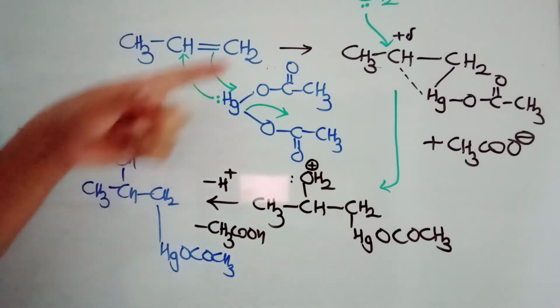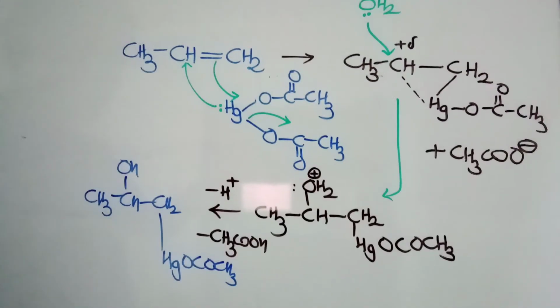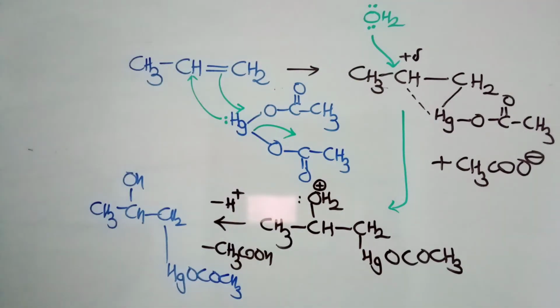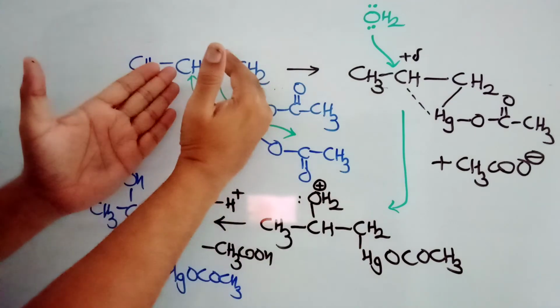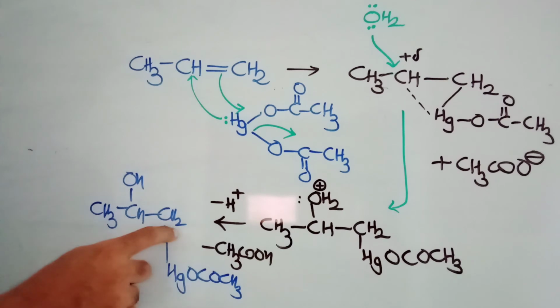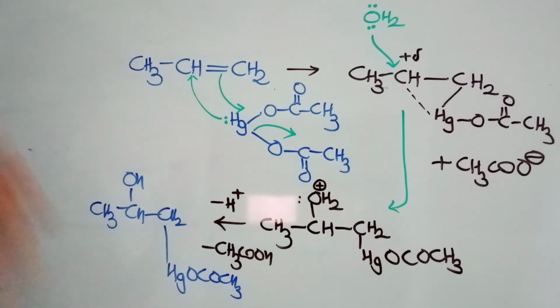Here you can see a water molecule is adding. This water molecule is attacking here, and remember, mercury is adding from this side and OH2 is coming from the other side. So this is anti-addition: addition of water in an anti style, and Markovnikov product. No rearrangement, Markovnikov, anti-addition: 3 points you remember. That's it. This can be reduced. This part will go and hydrogen will come by using sodium borohydride. That is a free radical mechanism, a little bit complicated, not actually required for you now. Okay, so thank you.